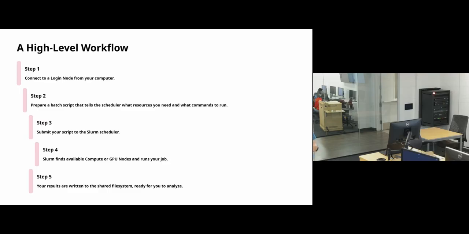So you can prepare a batch script or use some other interface to request what resources exactly you need for your particular job, right? So that may be, oh, I need 20 cores with 48 gigs of RAM, and I need it for 5 hours, right?